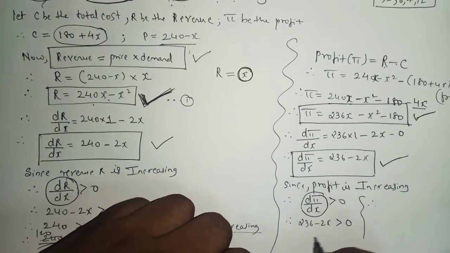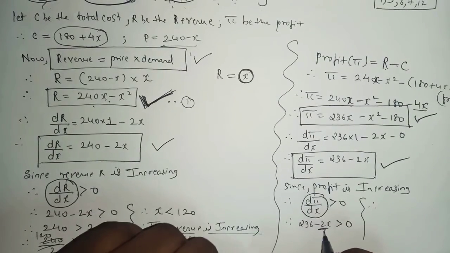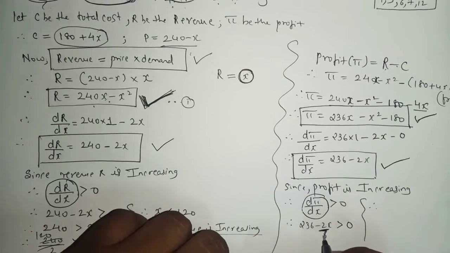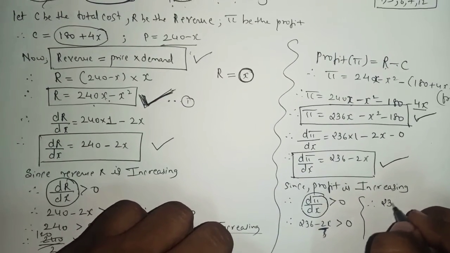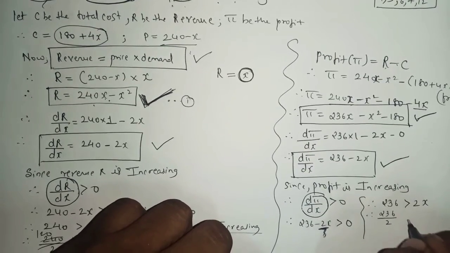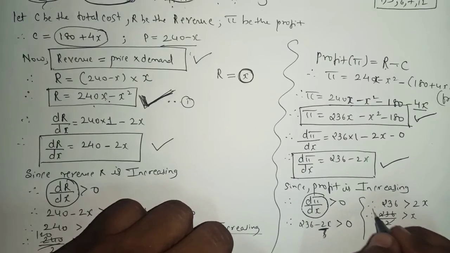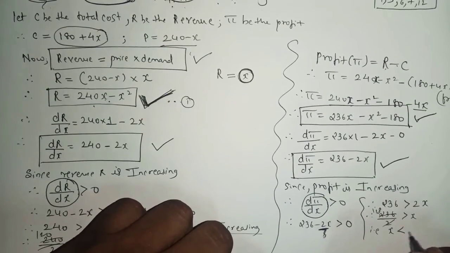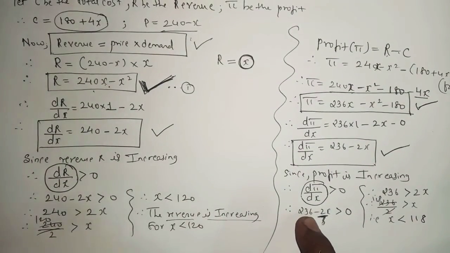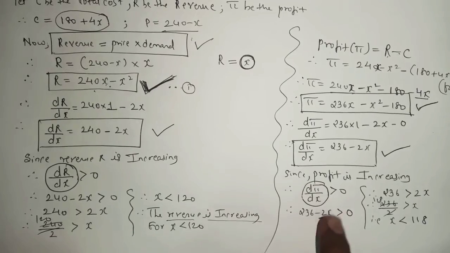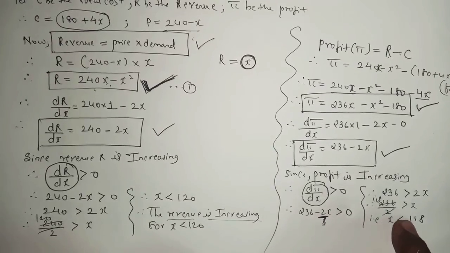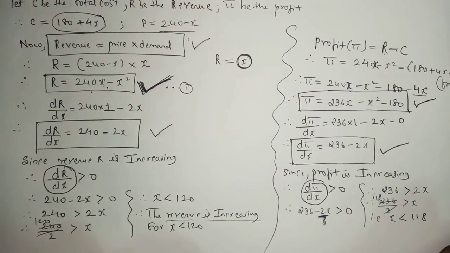That means after this we'll write, see to it that first you make the sign of the alphabet positive. Whatever the alphabet we have to find, as for this sum we have to find the value of x. So 236 greater than 2x, therefore 236 upon 2 greater than x, so this will be 118. So x will be less than 118. In the final step, I hope you all understood this step. For each and every sum, whenever you have to find the answer for any alphabet, first make the alphabet positive and then find the answer to get the perfect answer which is there in the back side.